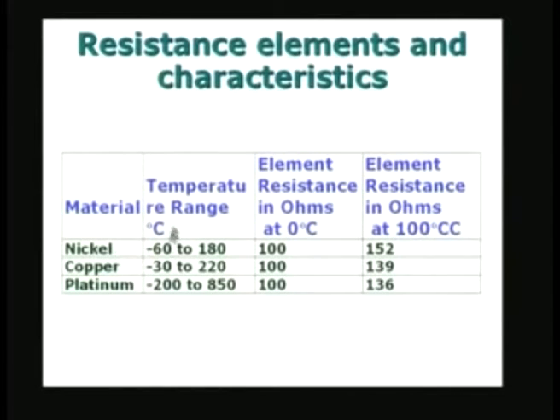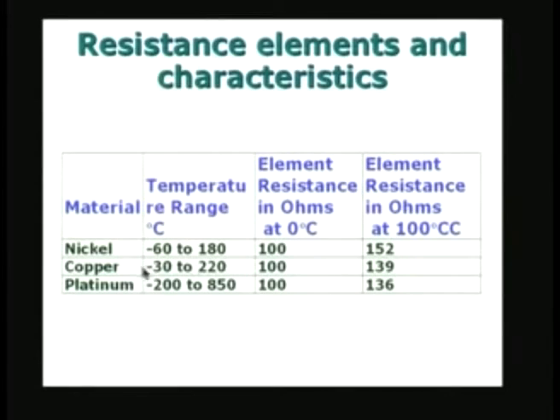Nickel, the temperature range in which it can be used is -60 to 180 in degrees Celsius, and the characteristic is given by specifying the resistance of the element at 0 degrees Celsius and 100 degrees Celsius. So, the nickel can be used between -60 and 180, the value is 100 at 0 degrees Celsius, then the value at 100 degrees Celsius is 152. Therefore, almost 50% change in the resistance between